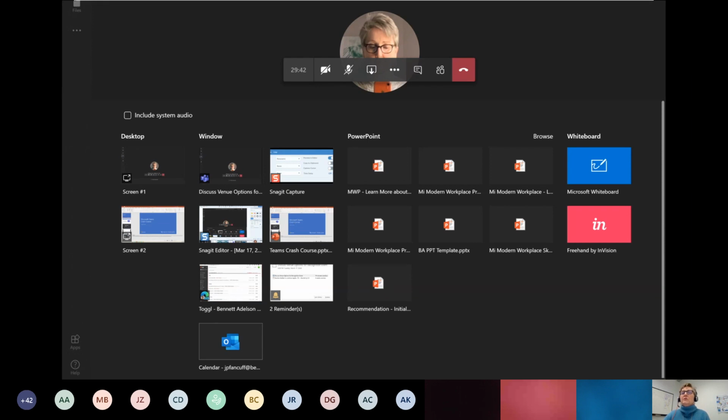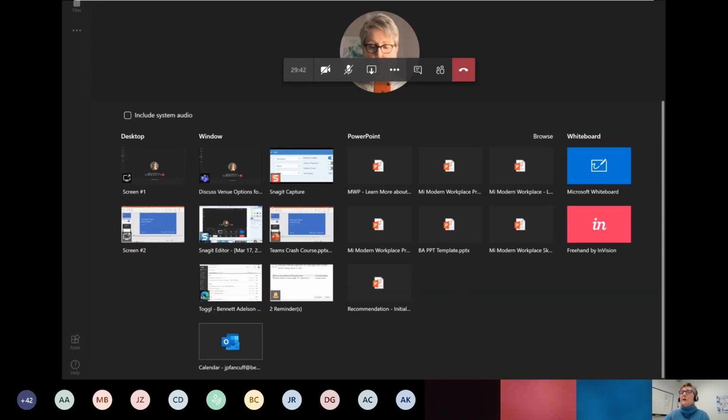And the only downside of doing that is if you're jumping back and forth between applications, that can get a little clunky and you may feel it's better to share your whole screen. So those are the primary options. We are also set up, and I'm not sure that every organization will be, but this group of PowerPoints, I did have one open at the time, but you can see that it's showing me half a dozen more. These are recent PowerPoints that I've had open.